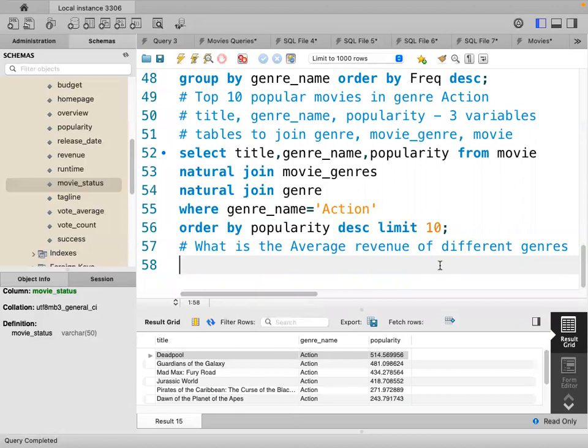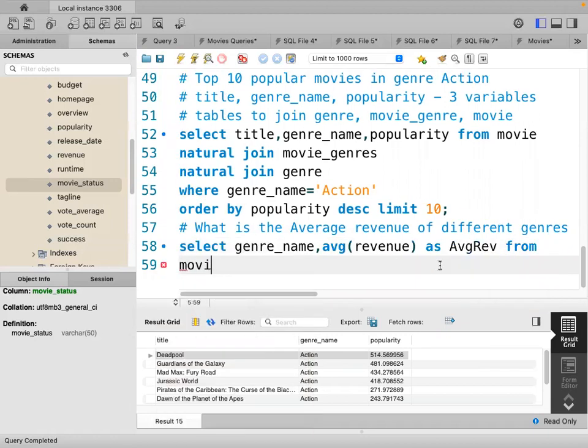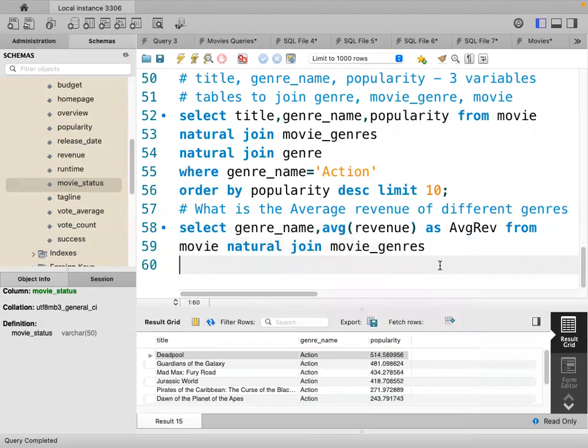First average only. Select genre name, comma, average of revenue as average of revenue, as we have to give a name, right? Average rev from movie natural join movie underscore genres natural join genre,